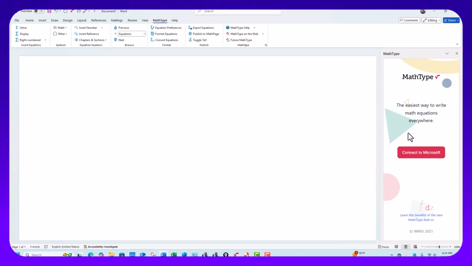It was right here in the side. This is when I was connected. It would show me the toolbar right here, and then I'd have to insert it, and it would insert it over here into the page. But I just didn't like it. So I was able to close this. One of the things I did, of course, is I logged out of my account,